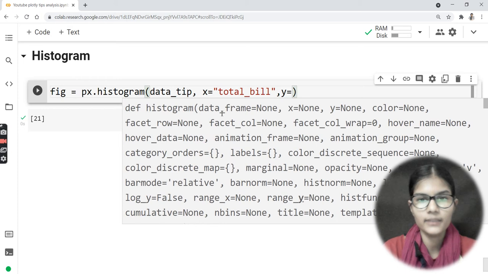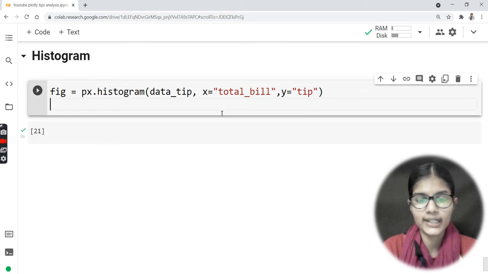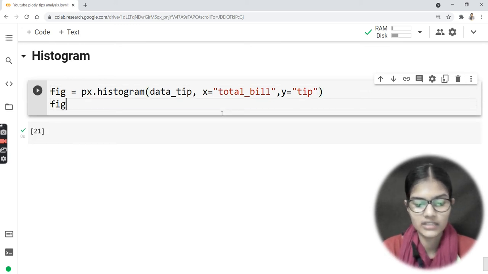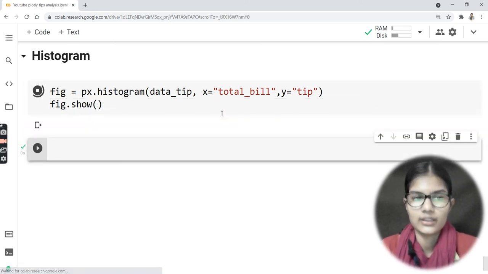What about the y? For y, I could just write here tip, TIP. Okay, fine. I would not write anything else here because I would be adding all the things line by line, and that is fig dot show. Now, when I run this out,